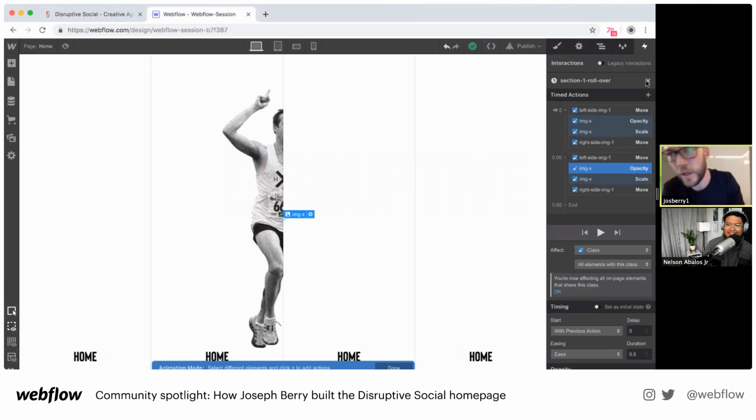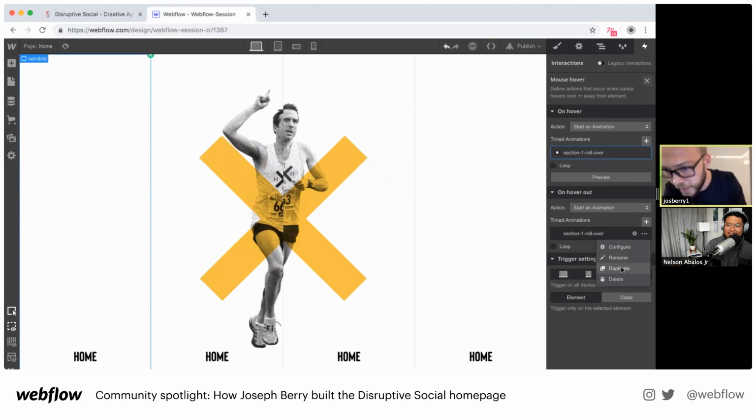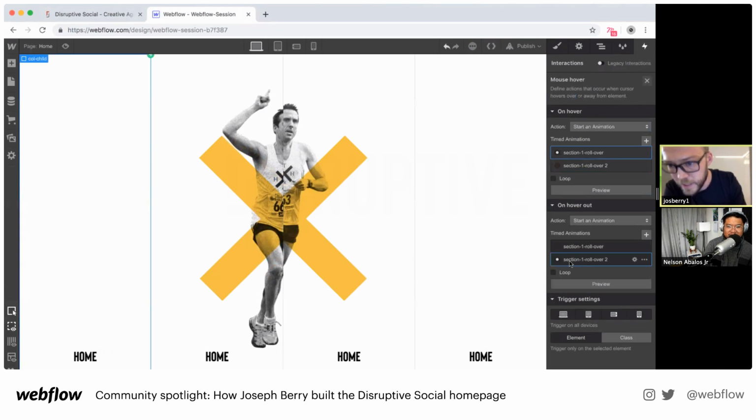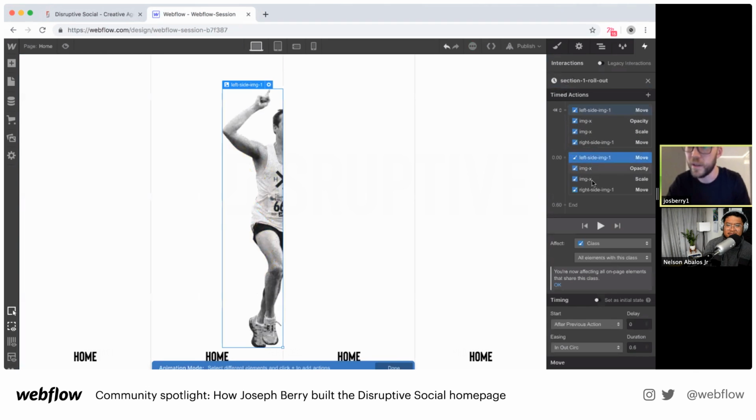So what I'm going to do now is we're going to go on to the roll out, start. We're just going to duplicate this, select, go in and change the name. Make sure you change the name, and we're just going to call this roll out, because we're rolling out. So these are all of our start positions. A simple thing to remember when we're doing rollovers is all we need to do pretty much is just delete these,